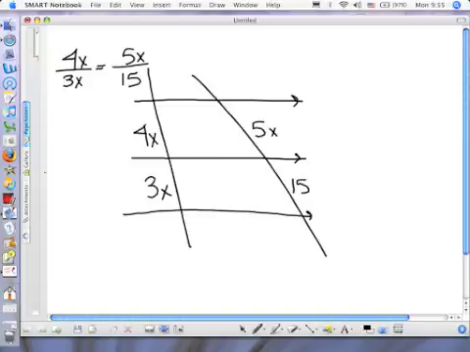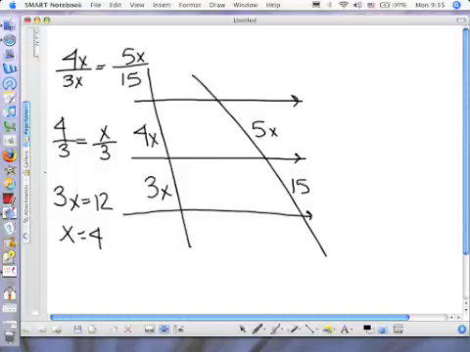All right, before I start cross multiplying, can I do some reducing of those fractions? On the left-hand side, what can be reduced? Your x's can cancel, so it simply gives you 4/3. And on the right-hand side, what can you reduce? The 5 and the 15. Now, doesn't this make the problem a little bit easier? All right. Now, cross multiply. You get 3x is equal to 12. So x is equal to 4. Now, make sure you answer the question. The question was, find the value of x. Okay, x is 4. Now what if the question had been, find the three lengths